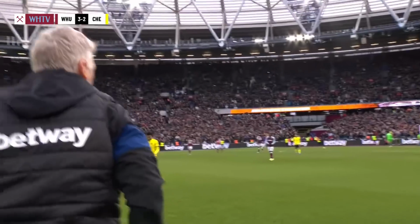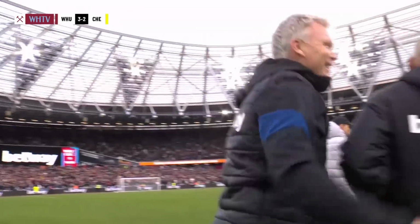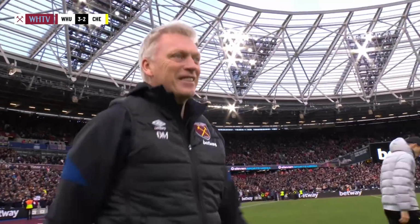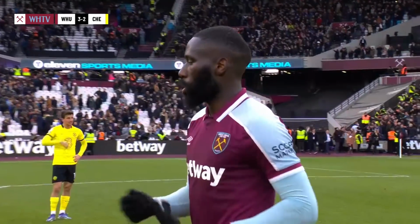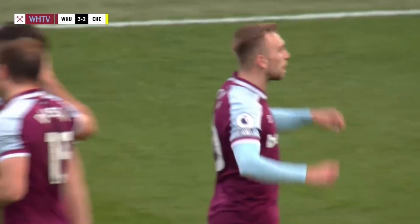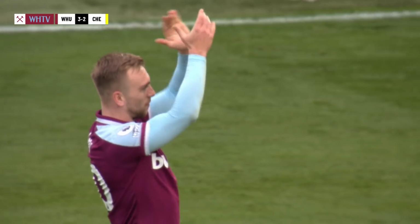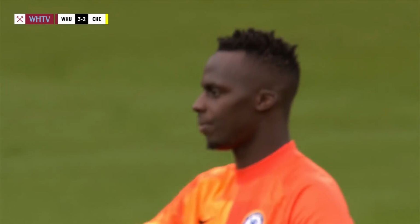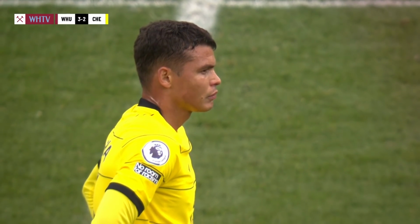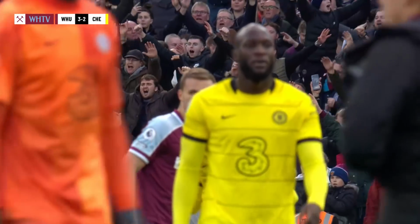London Stadium rises and the celebrations begin, because David Moyes, punching the air as he makes his way onto the field, has masterminded another big victory for the Hammers in East London. It's absolutely extraordinary, it really is. Celebrations everywhere. Chelsea in front twice during the course of the afternoon. But West Ham come back to win 3-2, and the goal they won it with is one of the more bizarre ones you'll see. It's Chelsea's first away Premier League defeat since the end of May against Aston Villa, and